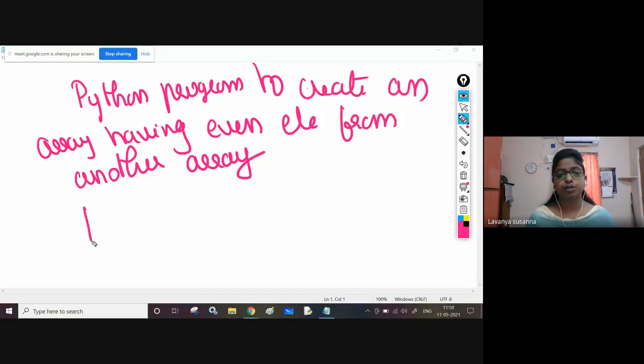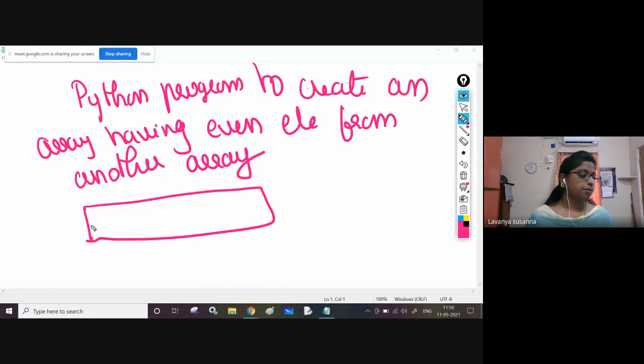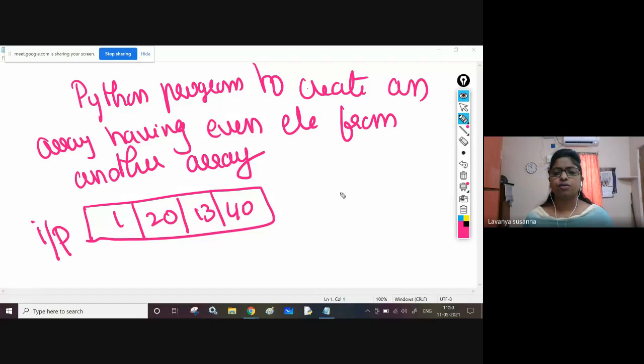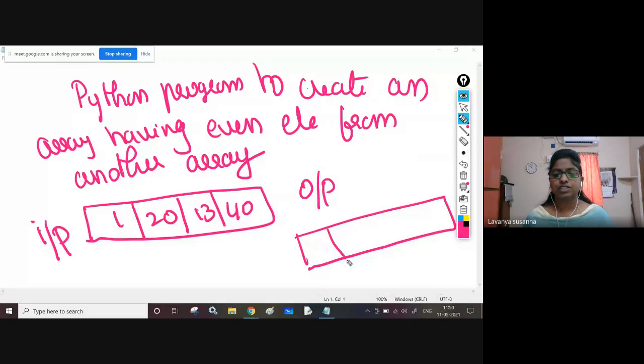Let us see what input you are going to give. Input is like 1, 20, 13, 40. Now, what is the output you need to get? You need to get an array which contains only even elements from the input array.